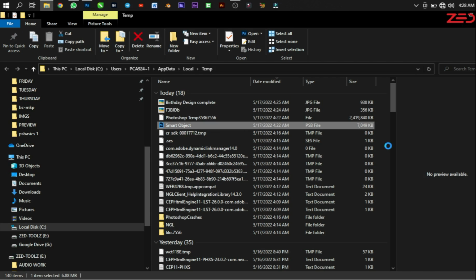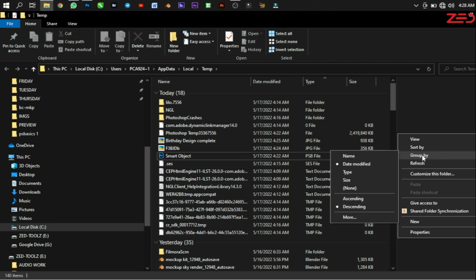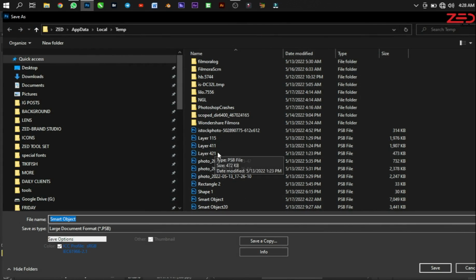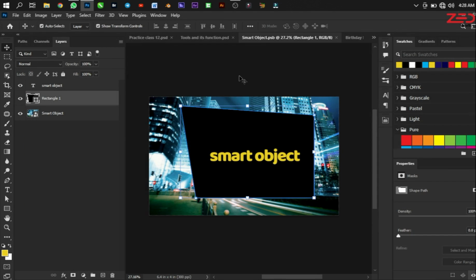sorry, I had deselected. Now I group them by date modified. So you are seeing today all the files that are stored today in the temp folder. So this is the smart object we just opened, this particular one. So that's what we are talking about. Now if Photoshop crashes, PSB files are recovered from the temp folder,